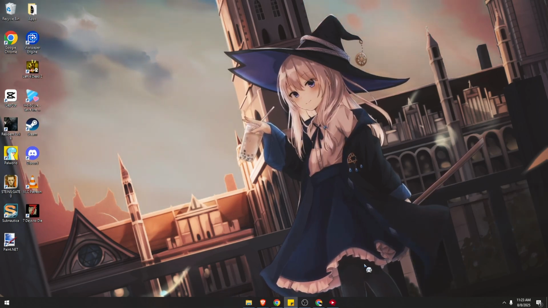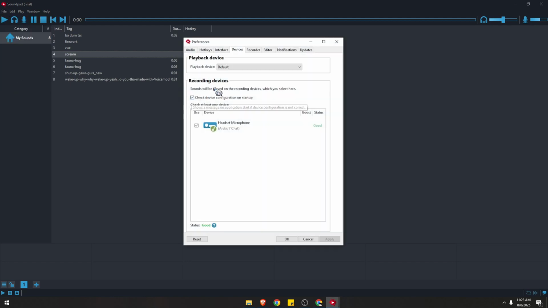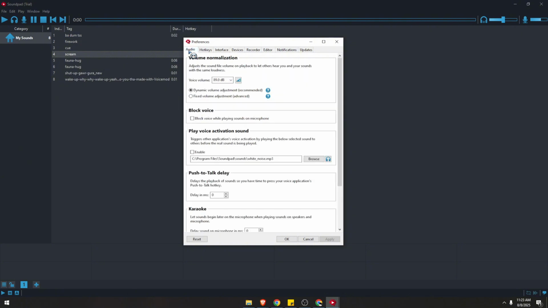Let's begin. Once you've successfully opened your Soundpad client, I want you to go over here, click on File, go to Preferences, okay? Then we have the audio, the very first tab. You just need to increase this because this is what Soundpad normalizes, or this is the normal volume your Soundpad will utilize. You can click on the drop down box and increase this up to 107, or you can click